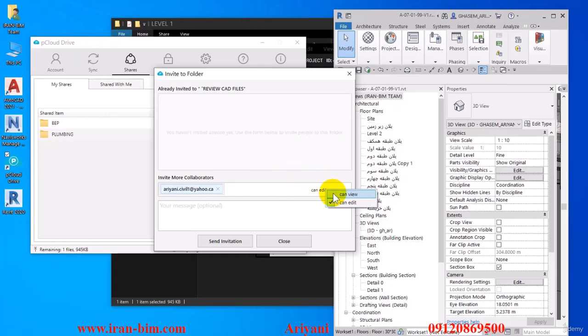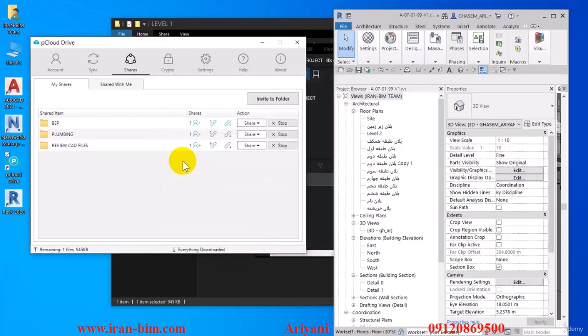We can put it on view for a normal operator, but if it's a supervisor, we can put it on edit as well, so they can change it. For example, if it's the mechanical supervisor, I can give them permission to edit the file, but because it's a mechanical file, I'll limit the access of the structural supervisor to just viewing it. And as you can see, we can add the explanations in the end and then hit send